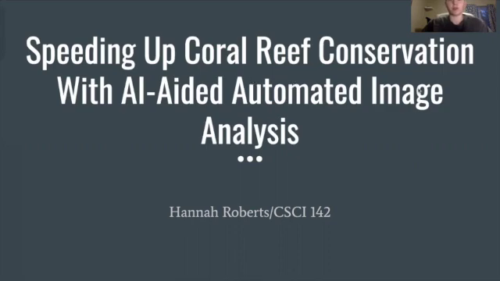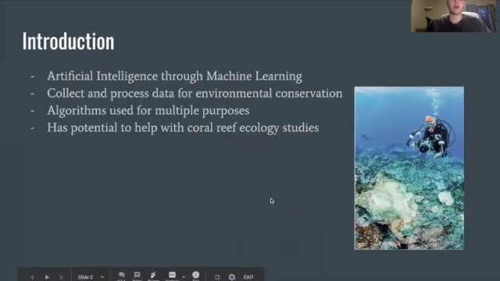Speeding up coral reef conservation with AI-aided automated image analysis. Through this paper, they talk about artificial intelligence through machine learning and how we can use that to help give clues to the environment changing, especially that of reefs changing, and what we can do to help with the bleaching that happens to them. It talks about collecting and processing data for environmental conservation while using artificial intelligence, but also